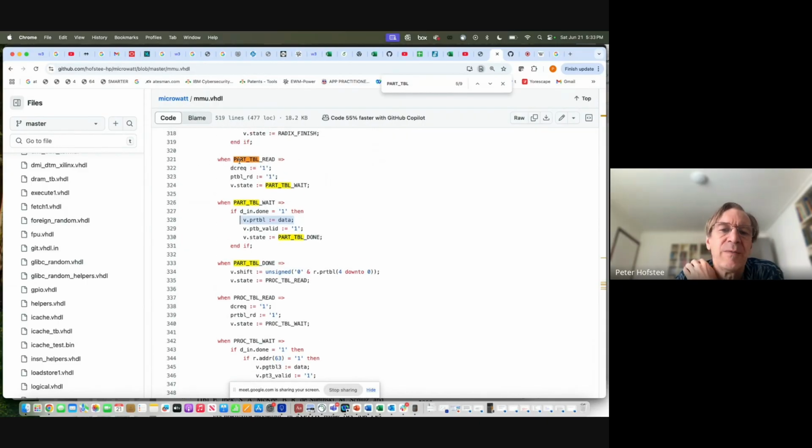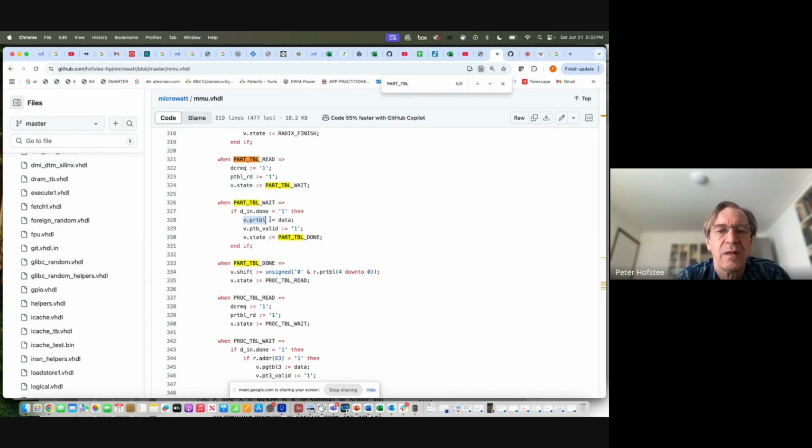So when you go read that first partition table, you set the request to 1, you indicate that you're going to read. You saw in this other place that the address that you're going to read from was going to be set based on the PTCR, and you go into the wait state, which means you're now waiting for data to come back from the data cache. In that wait state, of course, you just stay there until indeed data in done is 1, and when it is done, then you can